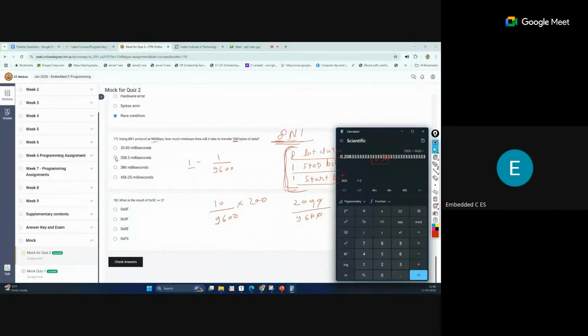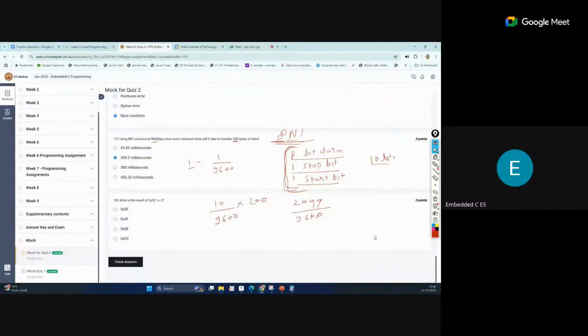So that is the second option. This calculation is required for this question. First, we write the protocol structure, then the time for 1 bit, then the time for 1 byte, which contains 10 bits, and then the time for 200 bytes.